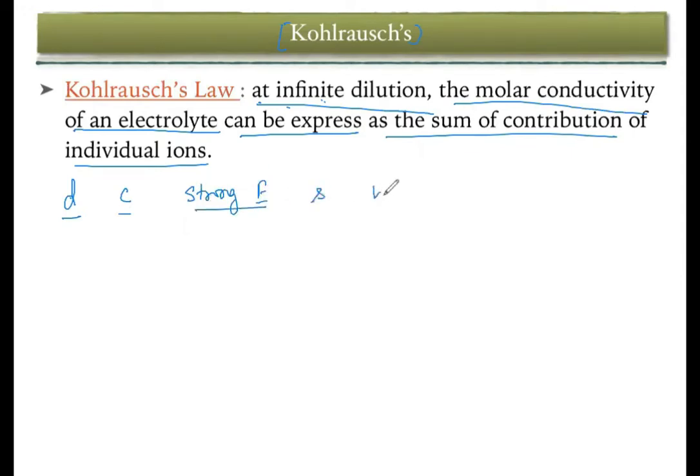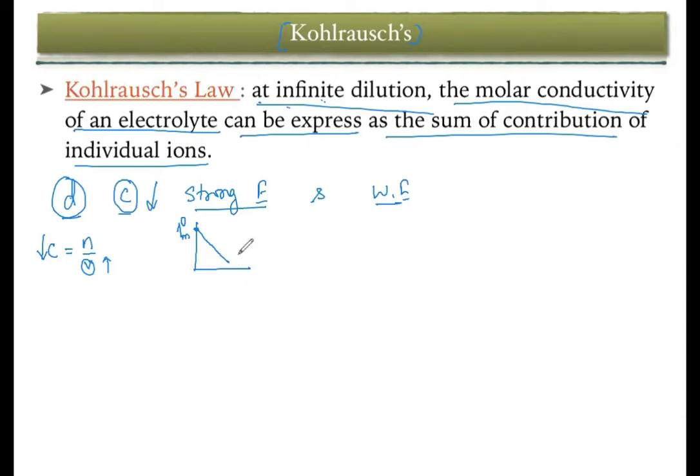and weak electrolyte. As we have discussed, if you are diluting the solution, the concentration is going to decrease. How is that going to happen? Concentration is equal to number of moles per volume. If you are diluting, the volume is going to increase, and obviously the concentration is going to decrease. For strong electrolyte, the graph is going to look like this. This is the point we have discussed. This point is molar conductivity at infinite dilution as we are decreasing the concentration.